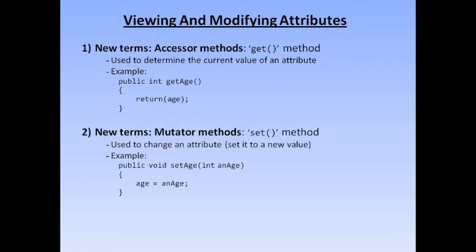And what are mutator methods? Mutator methods are also known as the set methods. They are used to set the value of an attribute without making it public. Making it private has the same reasons as for a getter. We cannot expose that variable directly by making it public. So in order to get or set the value, we make methods: set methods to set the value, and get methods to get the value of an attribute. Now what are constructors?